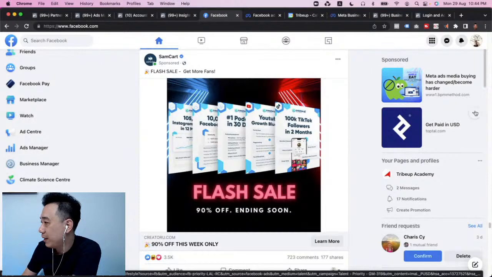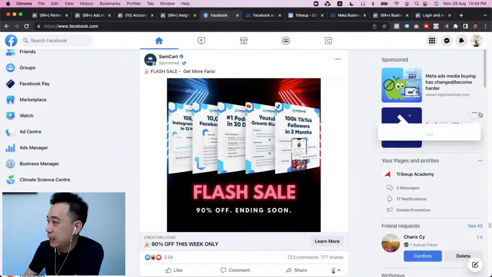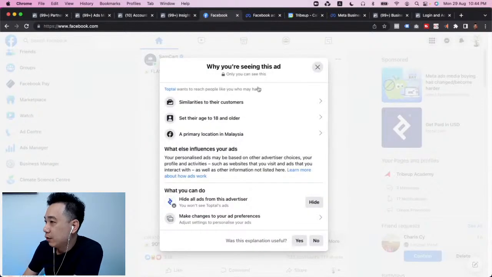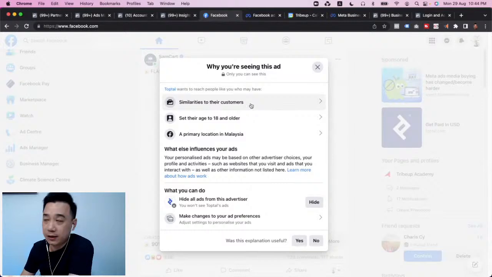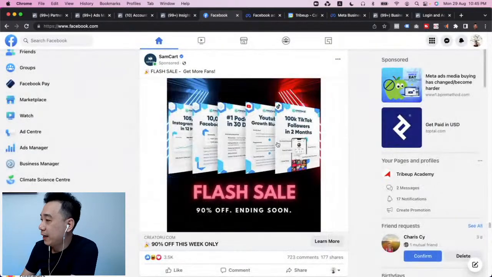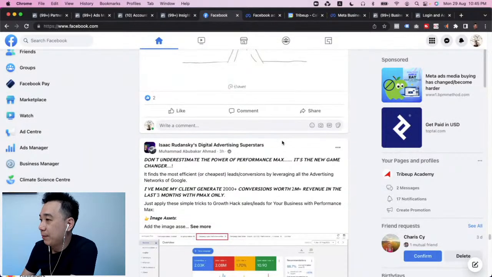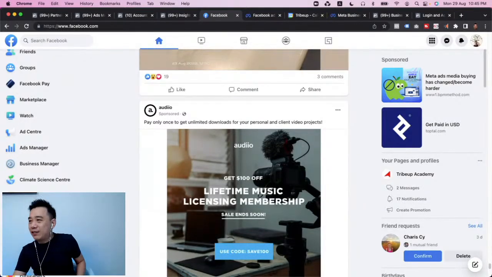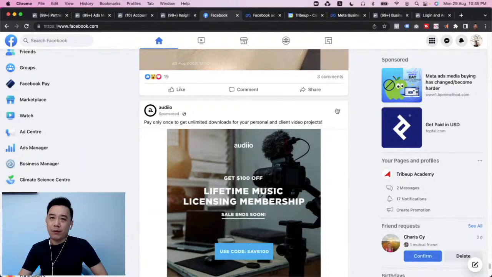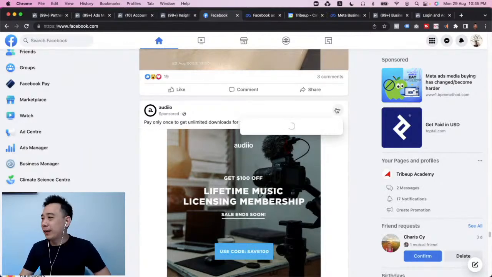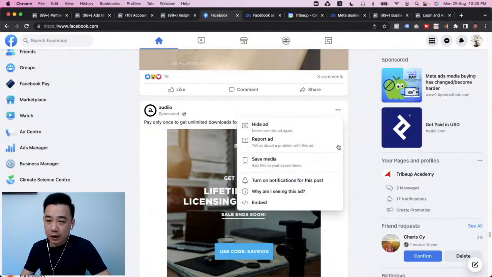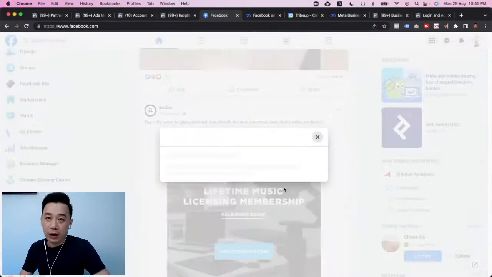All right, Toptal. On the right-hand side, you can also see Toptal. I'm going to click "Why am I seeing this?" So Toptal is targeting, oh, this is a lookalike audience. It says similarities to their customers. This is the lookalike audience. That gives you the idea of what you can do to learn from your competitors. Essentially, what we want to do here is learn from whatever is already happening, the best practices that people are already using, and really cut short our so-called learning journey.